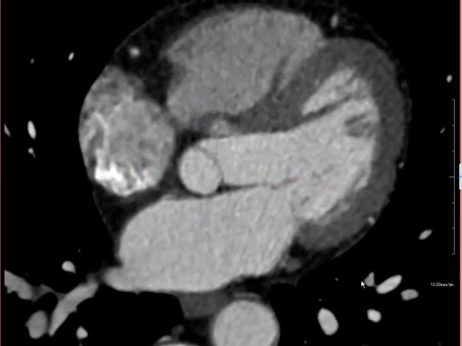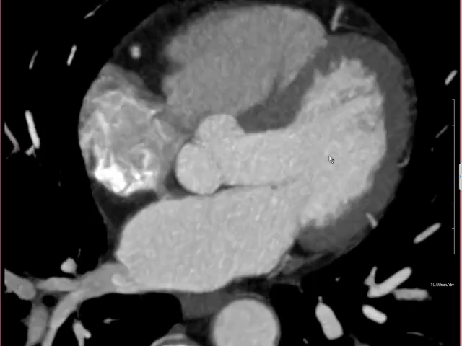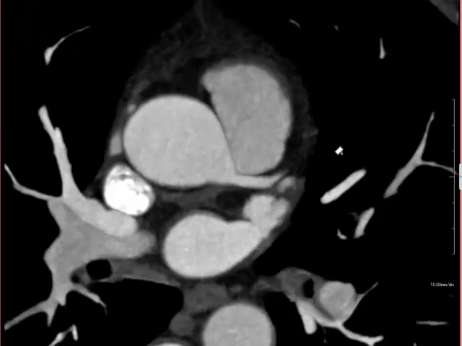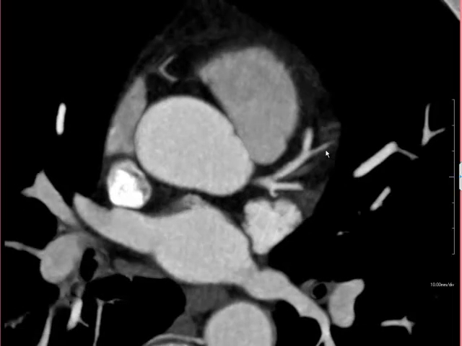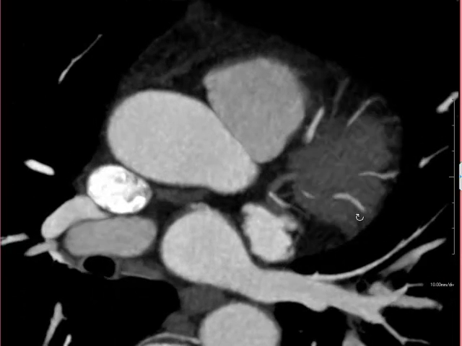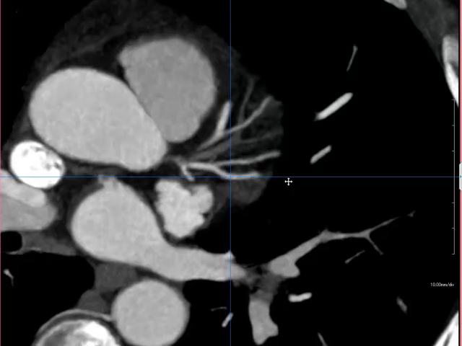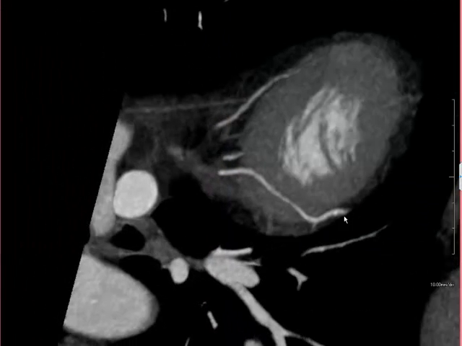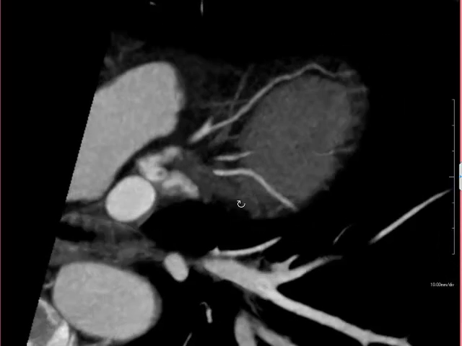So in summary, we appear to have some evidence of atherosclerosis in the coronary arteries in this patient with multiple risk factors, with some mild to minimal disease in the proximal LAD, some evidence of potentially moderate mixed plaque in this distal portion of this ramus branch,